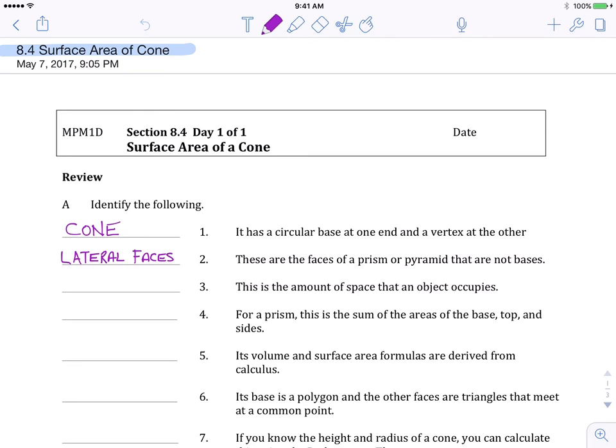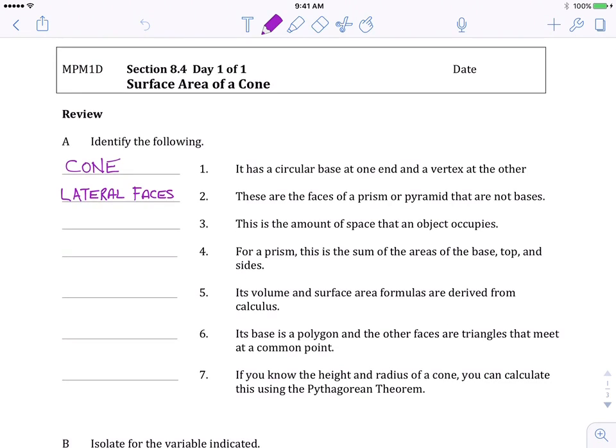All right, so we're looking at 8.4, surface area of a cone. The first part is a review. I've done the first two for you. Number one: it has a circular base at one end and a vertex at the other. That is a cone. Number two: